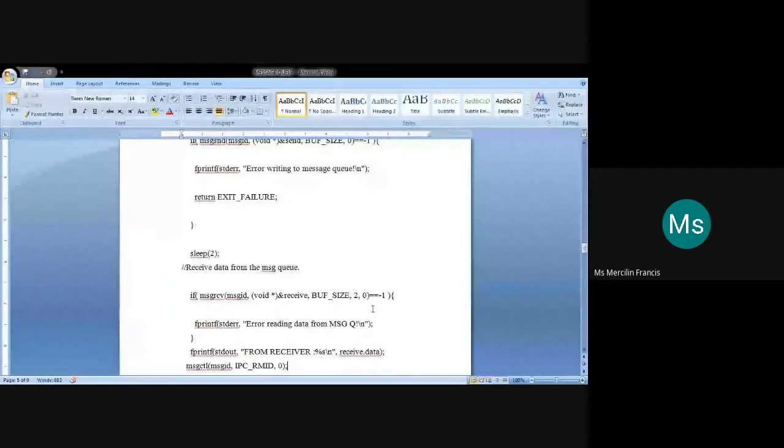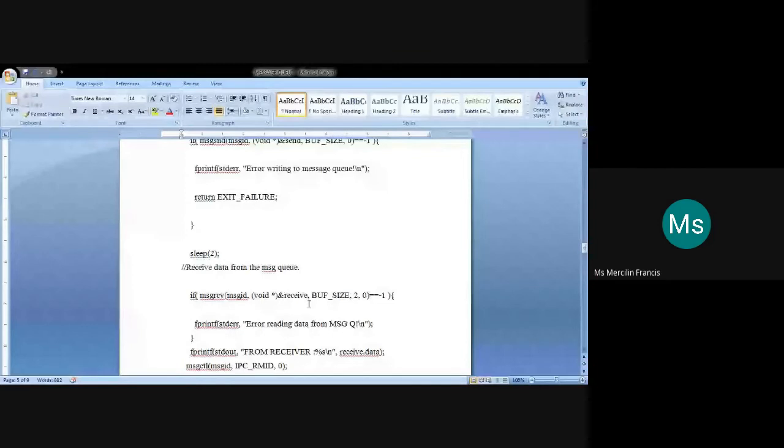So you have sent the data to the receiver. In the next slide, you need to receive some data from the receiver. The sender will be getting data from the receiver side. For that, it will be using the MSG RCV function, the message receive function. Here also you will be making use of that message ID. There we will be making a buffer, that is, a structure variable that will be used is receive. In order to distinguish between the sending message and the receiving message, we made use of two structure variables. So the address of that structure variable we have sent. Then the size is the same for both, buff size.